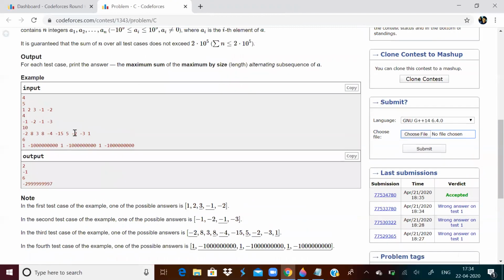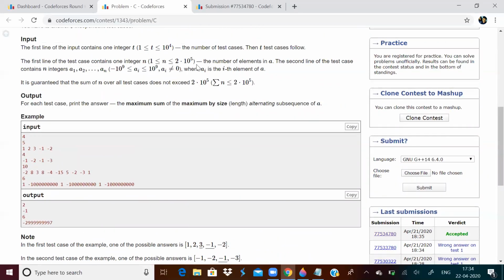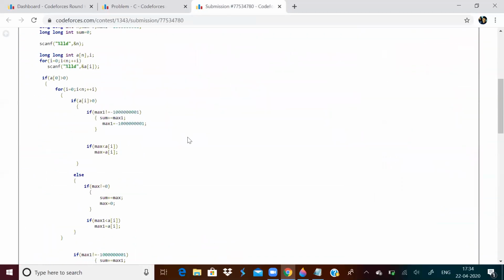And basically, what is the catch here? What is the logic? What did I do? And why did I get so many wrong answers, although it was easy? It was because I was not keeping long type value. Actually, in these kind of questions, be careful about the data type you are using. Else you will simply be getting wrong answer and you won't know why your logic is wrong. That is what happened to me yesterday. So let us see my solution.